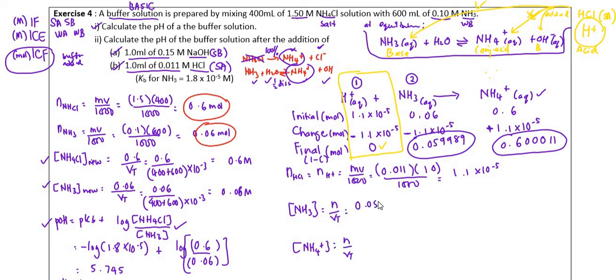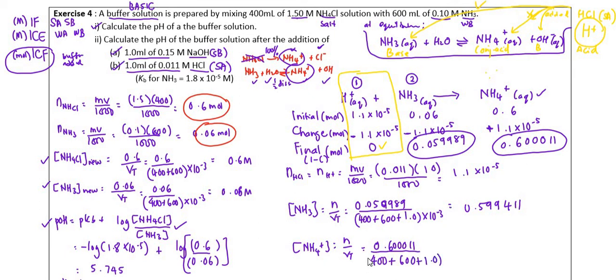Mole is 0.059989 over volume of buffer plus volume added, which is 1.0, converted to liters, and you get the value 0.599411. Okay, NH4+, 0.600011 over volume of buffer 400 plus 600 plus the volume added, which is 1.0, then convert to liters and you get